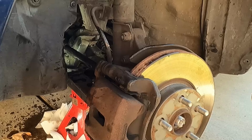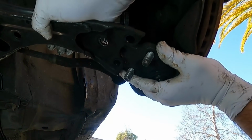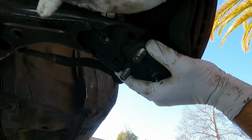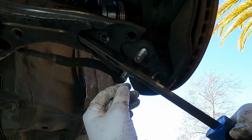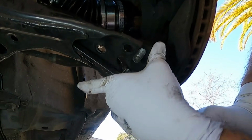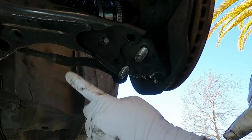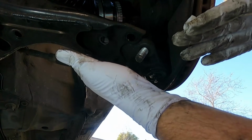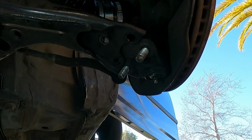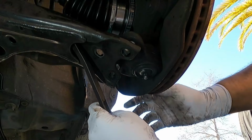Now we need to get down underneath and line up the ball joint. Try to line up the ball joint here. Sometimes this is easy, sometimes it's not. You can even just put your pry bar through this little opening and push that down. I'm going to go turn the wheel back to pull this tie rod in a little bit. I think that's going to help us because I think we're kind of fighting this with the wheel turned. Sometimes you got to play around with that a little bit, but